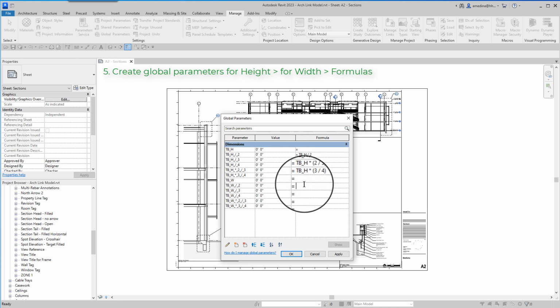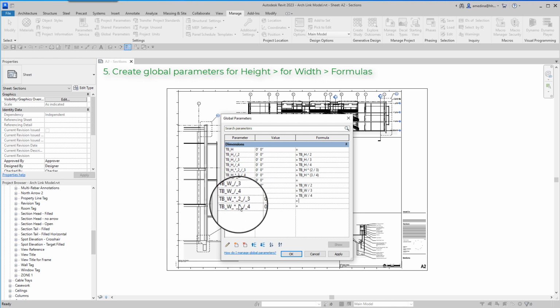This one would be similar to this formula, but related to the width, like this. Title block width divided by 2. This one is title block width divided by 3. This one is title block divided by 4.